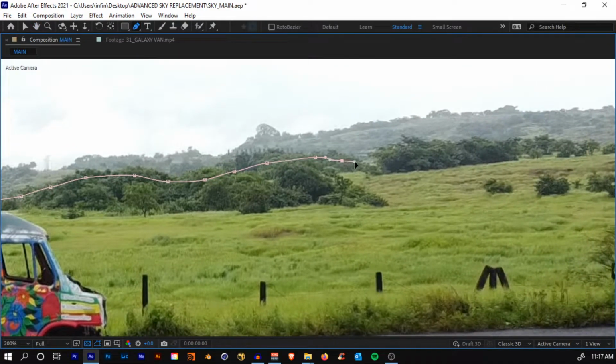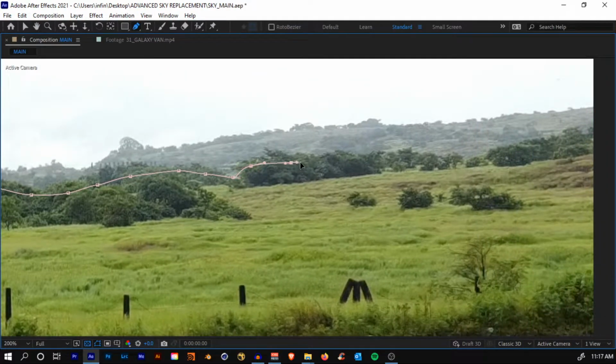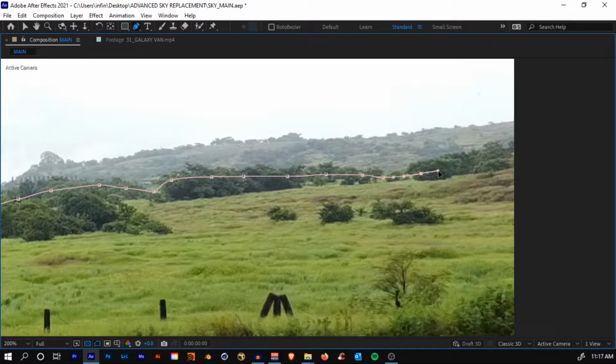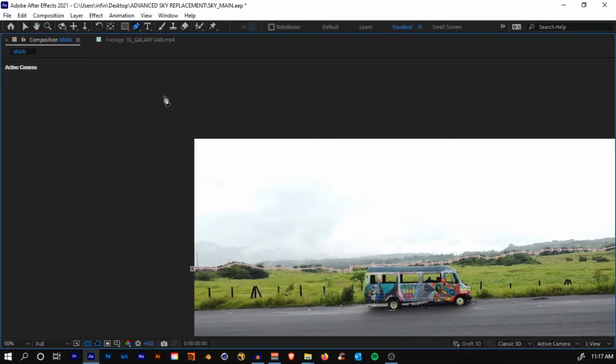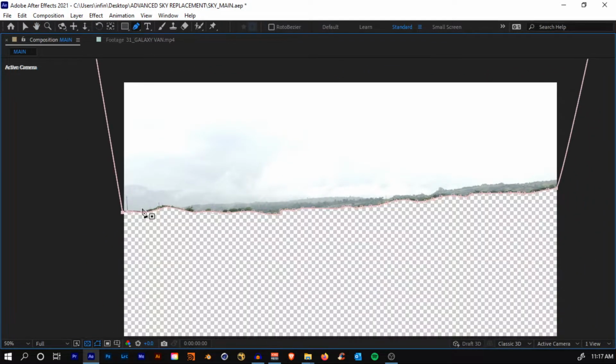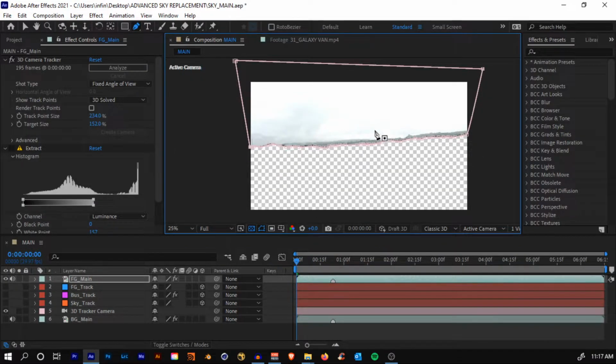It's a very rough mask, it doesn't need to be perfect. We are just telling the effect to just affect the part above which is covered by the mask. And once you are done, just come out and draw outside the layer, something like that. And now you'll see that our footage is cut into two.